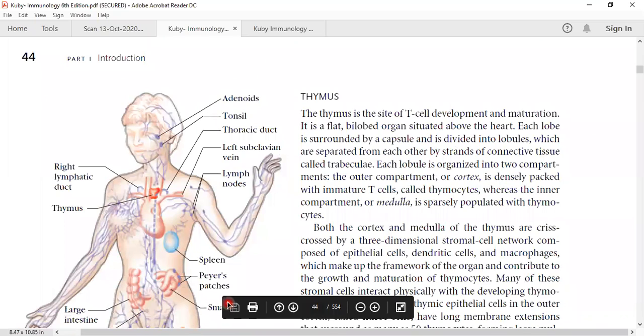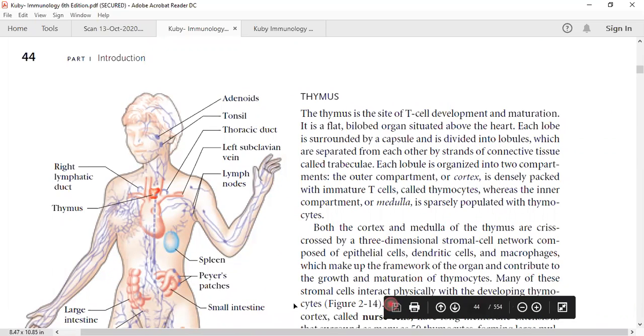All right, so see this diagram carefully. It is showing not only Peyer's patches. So the Peyer's patches are in the intestine. There are some regions where it is having protective roles. It will mount the immune responses. So it is called Peyer's patches, like in the form of patches over the intestine. And others are tonsils. So tonsils are here, for example, adenoids is present here. So these all are included in secondary lymphoid organs.